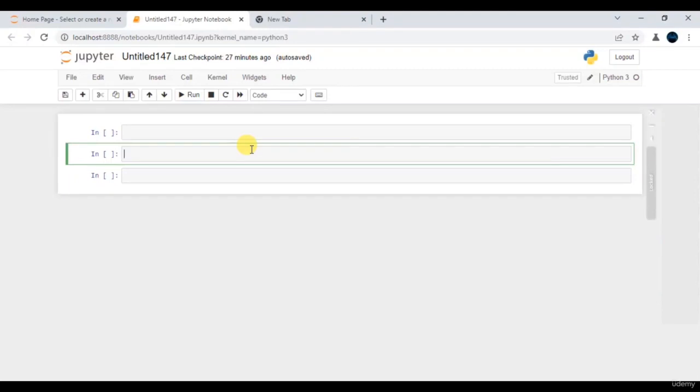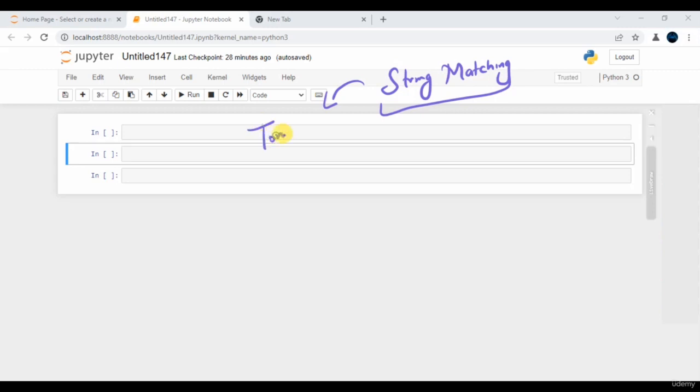Hey folks, till now we have performed the data pre-processing along with the data cleaning. So let's go ahead and try to perform some featureization using something known as string matching. Again, string matching is basically a metric, you can treat it as a metric. Again, there are tons of ways